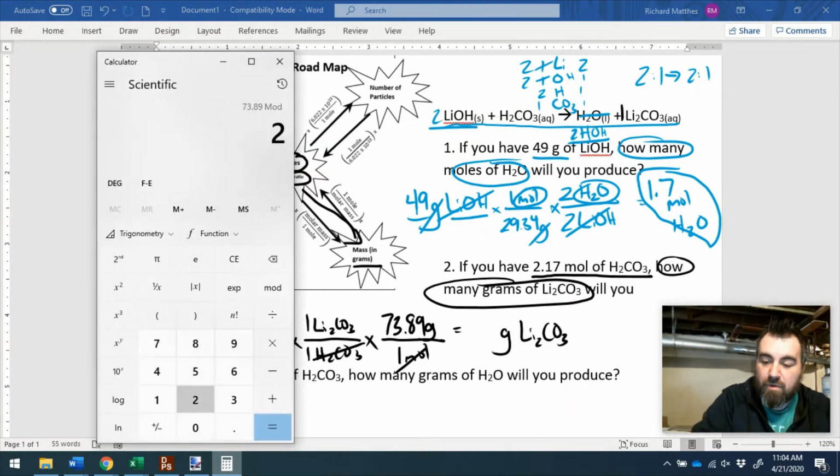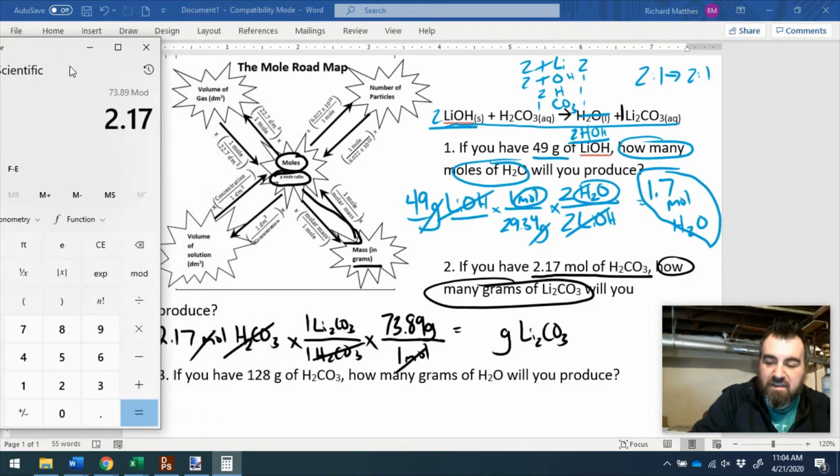So now I say 2.17 times 1 divided by 1. Now I know 1 divided by 1 doesn't do anything, but I'm doing it because I have a system for doing my problems, and that's the important thing, having a systematic way that you always work through things, because then you won't screw up. If you just do them the same way every time, you're not going to make any mistakes. So even though 1/1 is just 1, I'm going to put it in there anyway, and then I do times